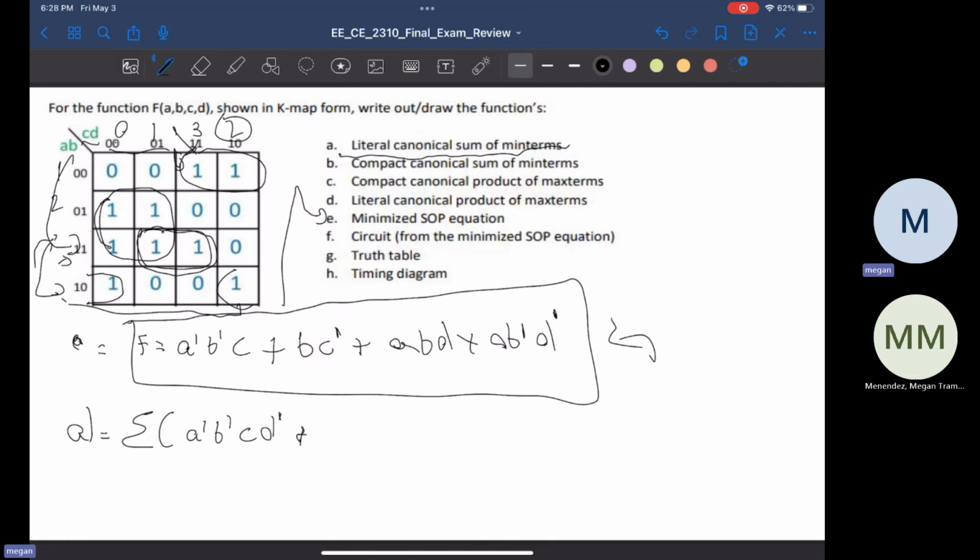And then plus, let's look at our third one. This is A naught, B naught, C, D. Do you guys see where I'm getting that from? Okay. And we go to this is A naught, B, and then C naught, D naught, plus A naught, B, C naught, D, plus,